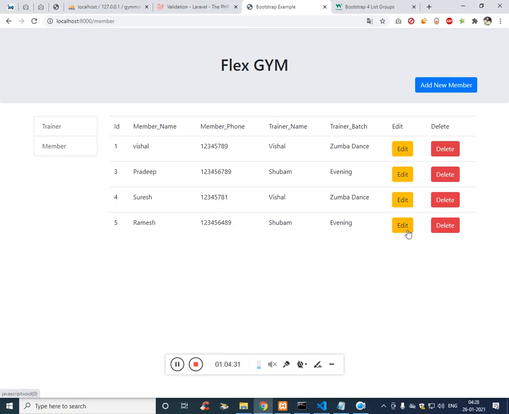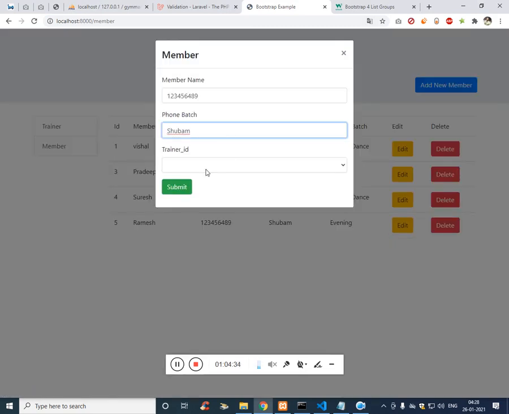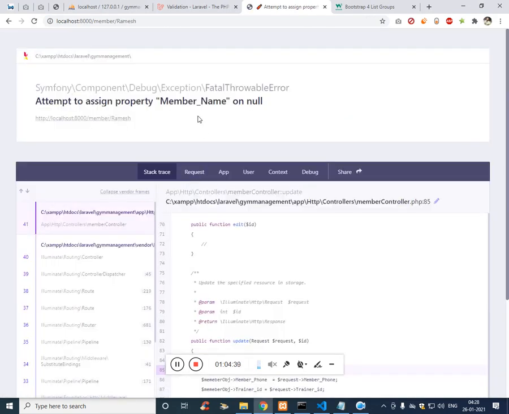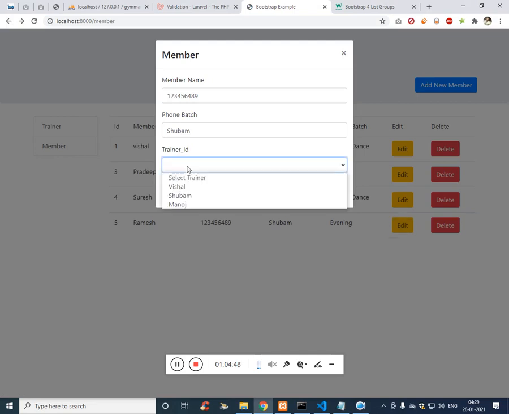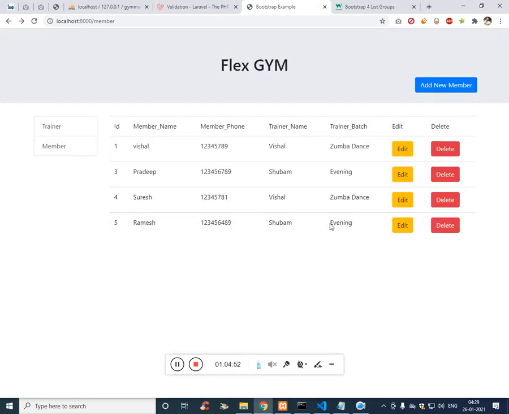So if you edit and change this to something else, let's name this Vishal. Member name of null. Let me see what it is. Yeah, the mistake is, if I click on edit, the problem here is with the e.target. Now the order is changed.